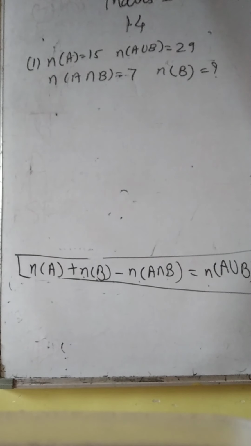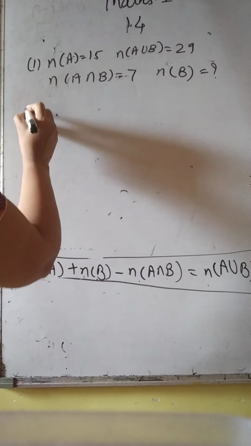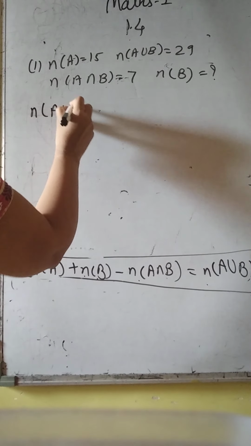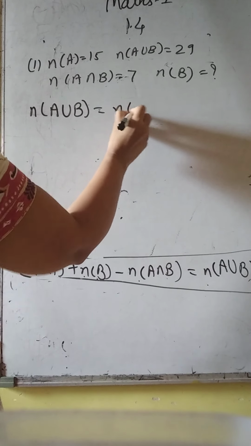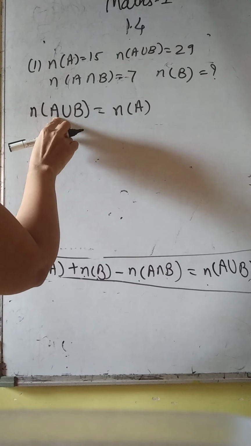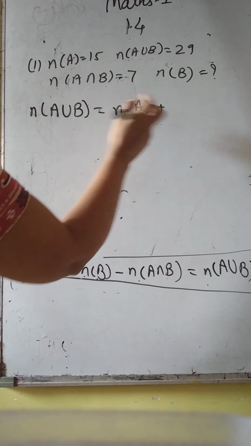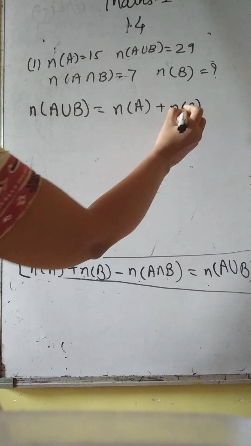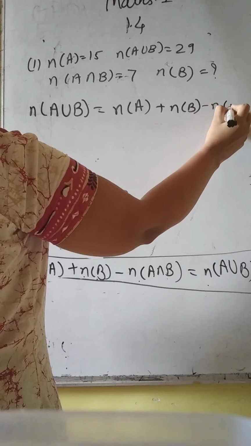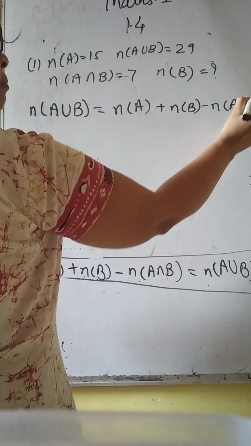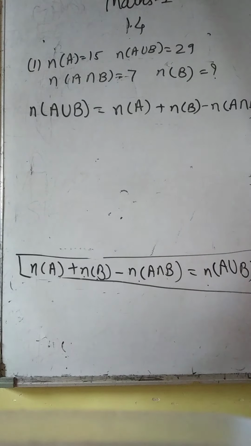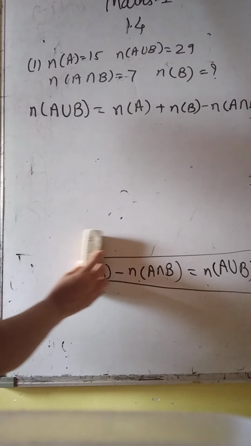I hope by this time you all must be having the textbook with you because in maths, to see the sums, we need the textbook every now and then. So I'll write down this formula. What is the formula? N of A union B is n of A, ये देखो, n of A plus n of B minus n of A intersection B. Remember this formula, children. This has to be learnt by heart.